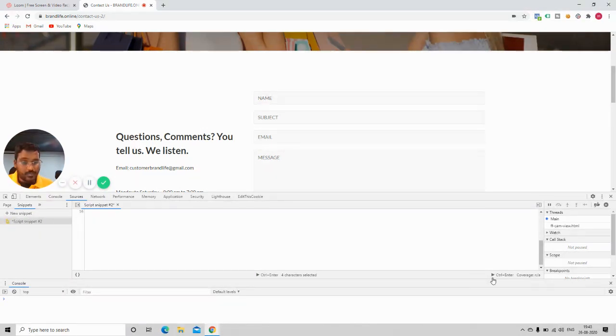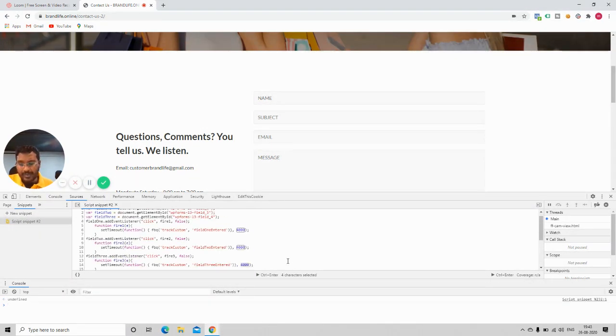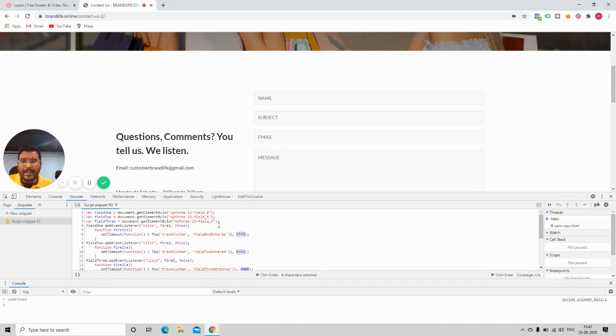So I'm going to run this script. Generally I don't run it here; you have to put this in the custom HTML tag. This acts as a listener function. Whenever the page loads and people click on the particular element we selected using document.getElementById, the event listener will be added, and whenever a click event occurs on these three elements, the function will fire. When you click on the first element, fire one runs; on the second element, fire two; then fire three, and I'm calling those functions for each one of them.